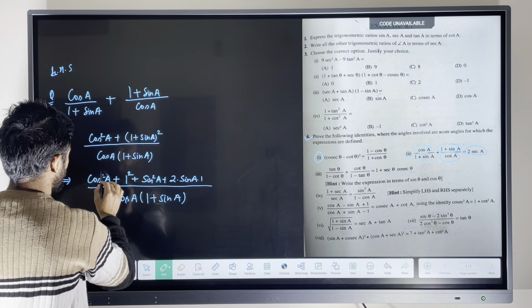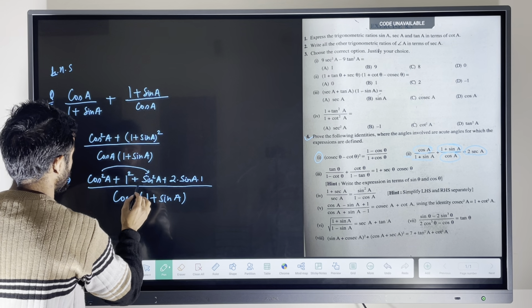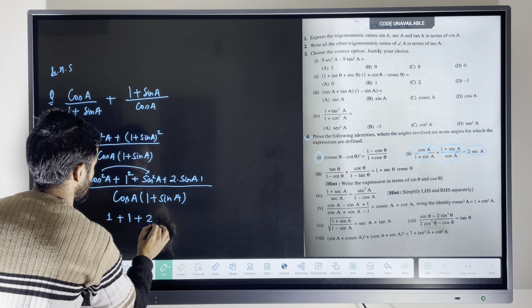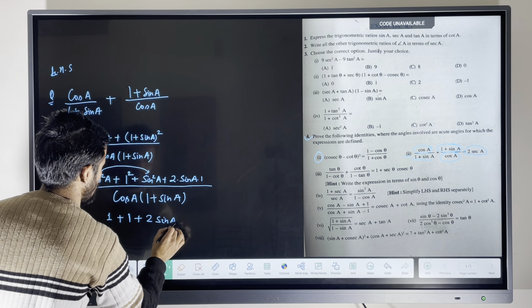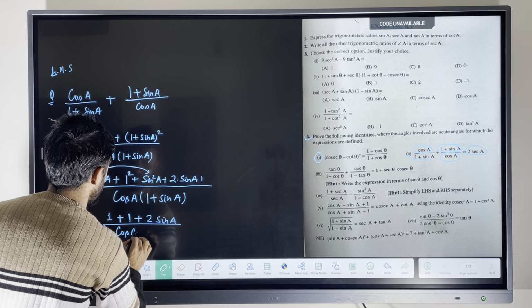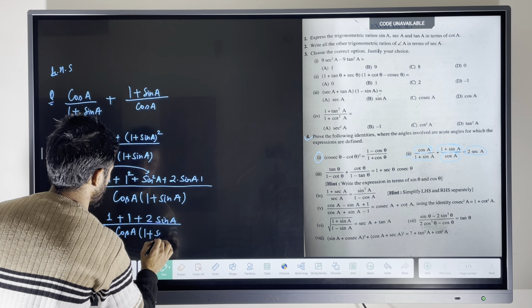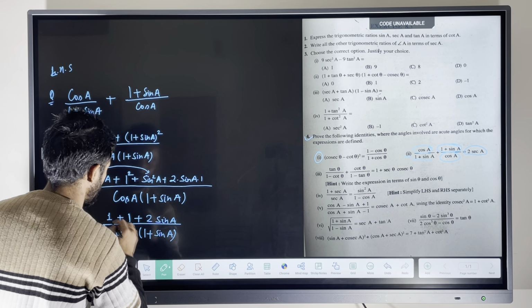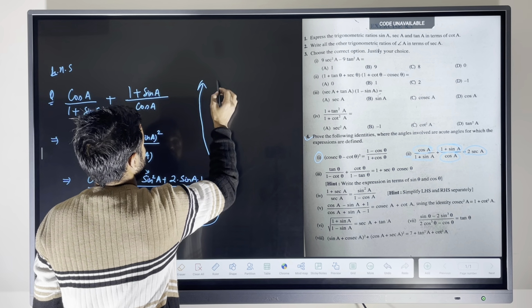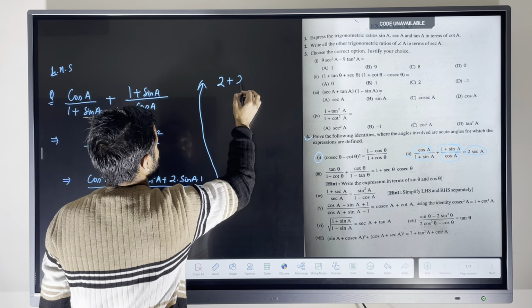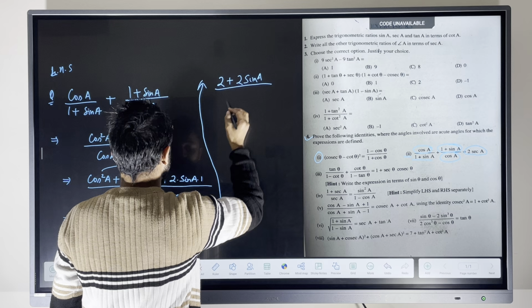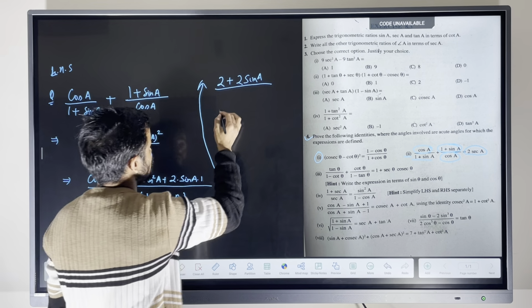Now here cos square a plus sin square a is equal to 1, plus 1 plus 2 sin a, and here we have cos a into 1 plus sin a. Now here 1 plus 1 is 2, plus 2 sin a upon cos a